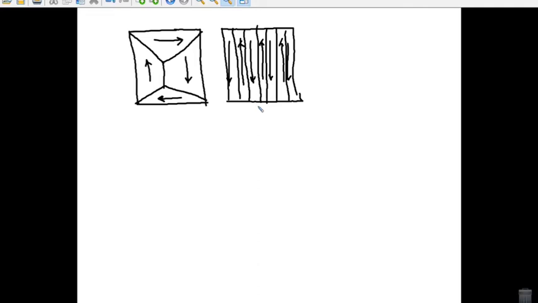So the interface charge density between two neighboring domains is sigma equals (P1 minus P2) dot n, where P1, P2 are the polarizations of the two domains and n is a unit vector normal to the interface. The two cases when the surface charge will exactly vanish are when the polarizations are anti-parallel to each other and parallel to the domain wall, called the 180-degree domain wall,